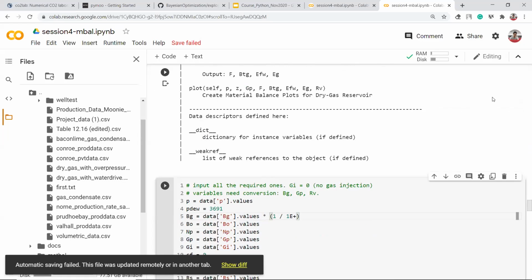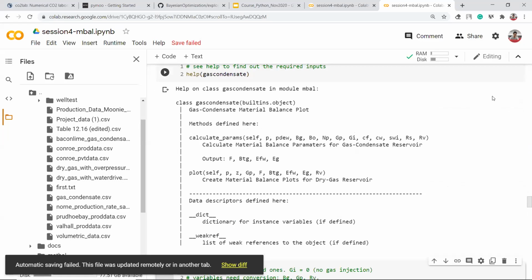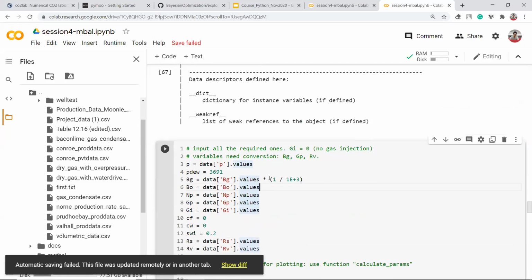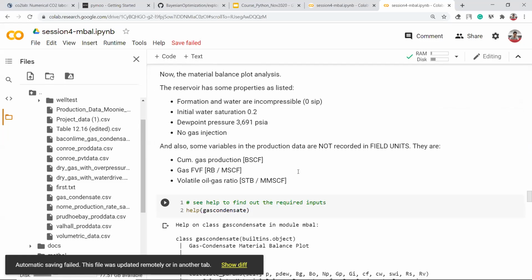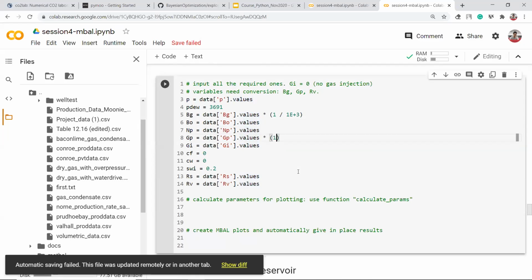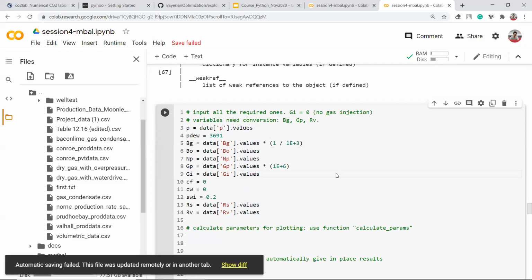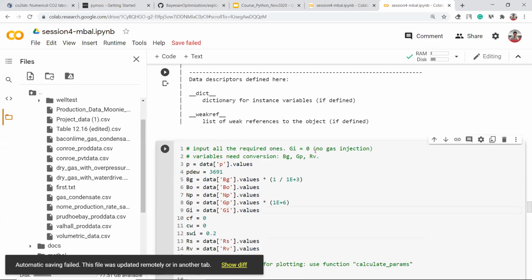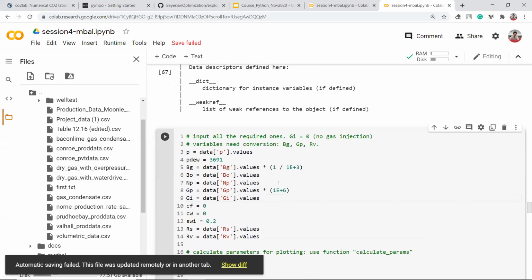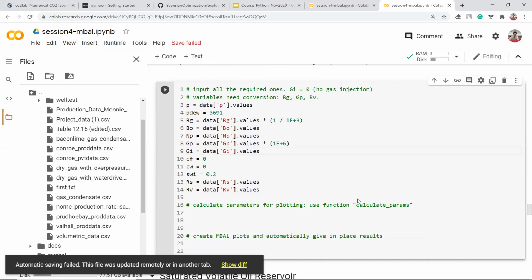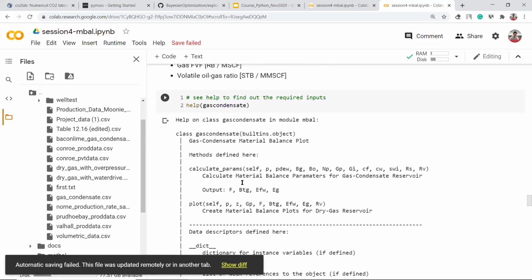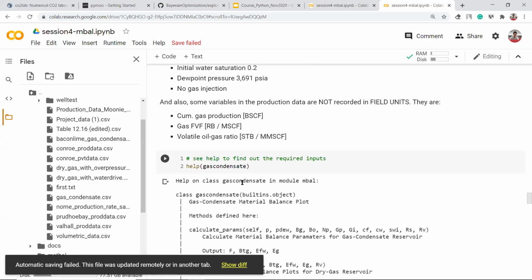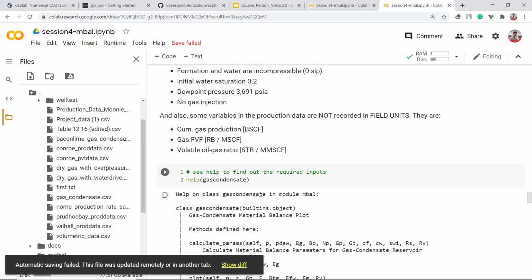For GP, GP is in BSCF, so you have to convert it, times 10 to the power of 6 for billion. And GI, RV is in STB per MMSCF, so for this I have to convert into